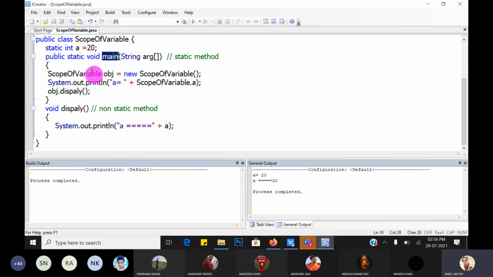Non-static data members or non-static member functions, we cannot access directly. But there is one indirect way. By creating an object of the class, we can access the non-static data members. Display is a member function. Members are of two types. One is the data members like this, and these are the member functions of a class.